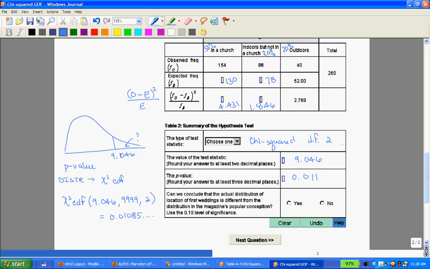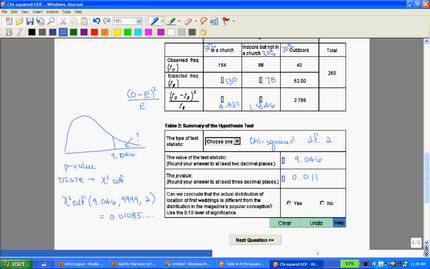Then finally, they ask us, can we conclude that the actual distribution of locations of first wedding is different from the distribution in the magazine's popular conception? So our hypothesis is, the null hypothesis is, yeah, they're the same. The weddings are distributed as the magazine said, about 50% in churches, 30% inside but not in a church, and 20% outdoors. With the p-value, if the p-value is low, the null has to go, is pretty much the sentiment I have in my head. So this is a pretty low value, and it's lower than the 0.1. So we reject that null hypothesis,